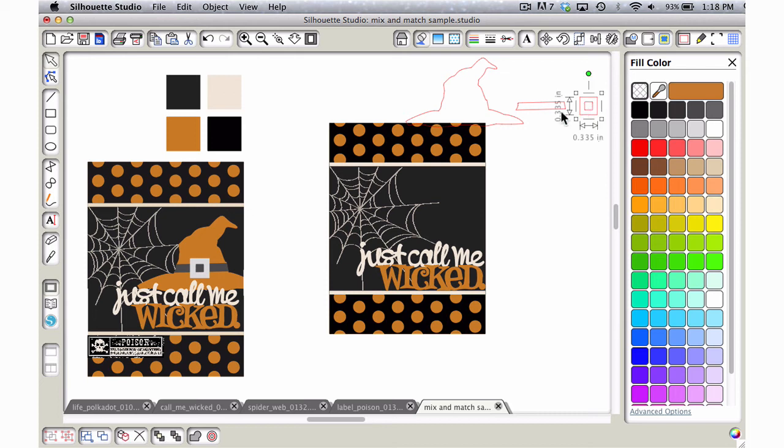And while I did not add the shades of gray to my color palette here, we're just using the simple colors from within here. So I'm just going to go ahead and choose that and choose a darker gray and make the hat orange. And since it's already selected here, I can just go ahead and click on that. Let's grab those, turn off the line color,